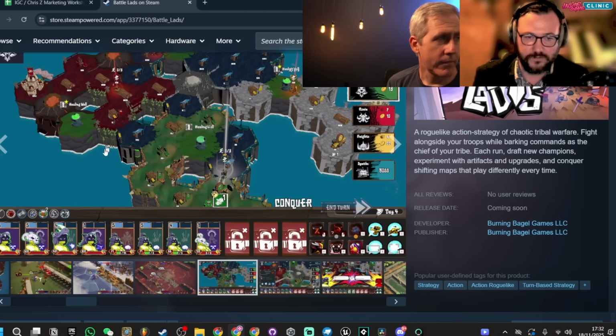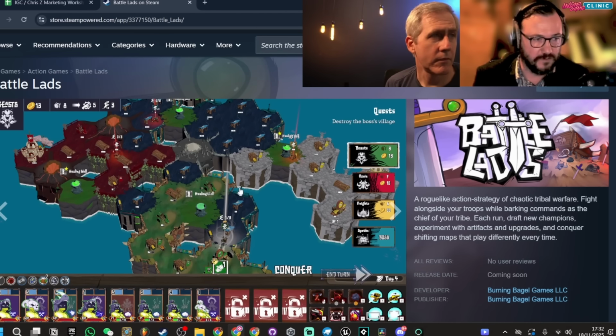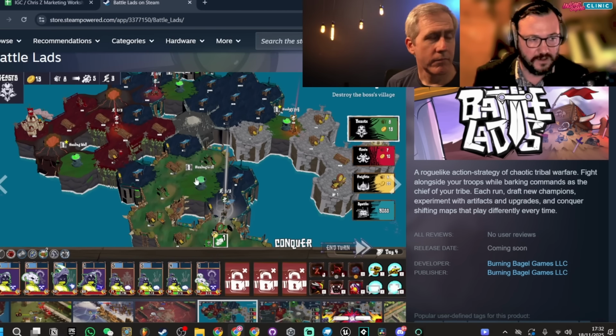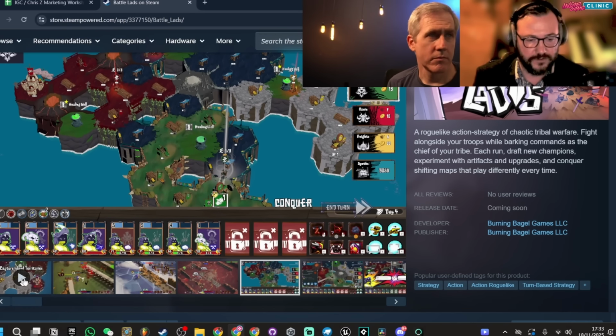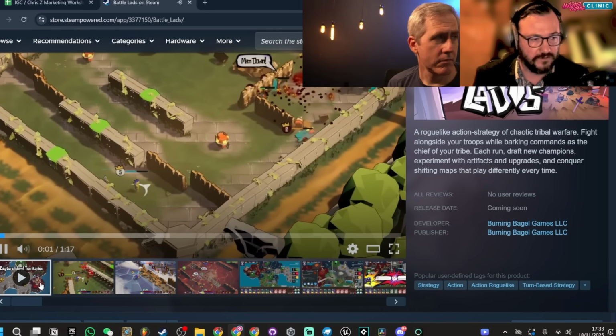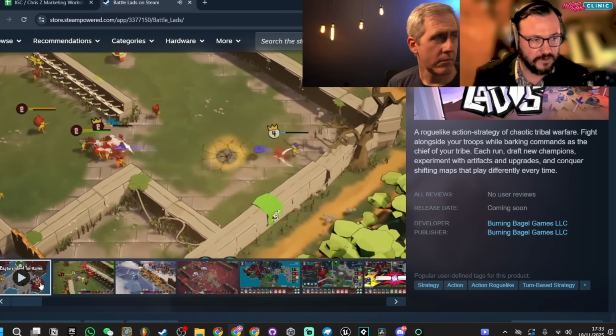For me, all of this looks great. I really like the art style. I think this kind of comic booky art style is a good way to make a more casual strategy game. If you're making like a strategy game with some action elements, then this is kind of the right way to go. It sort of reminds me of Castle Crashers or something like that. But I'm not sure from the trailer that I really understood what was happening in terms of what the player is doing with their hands.